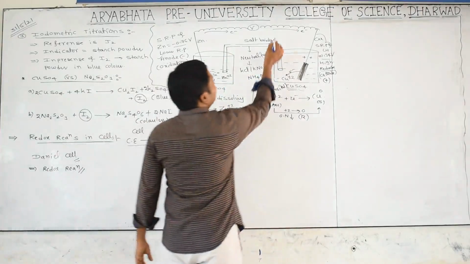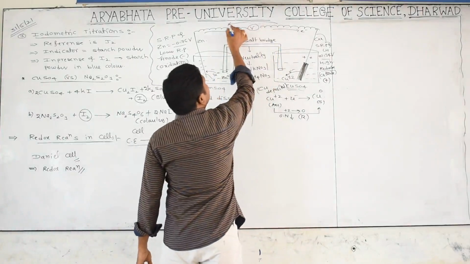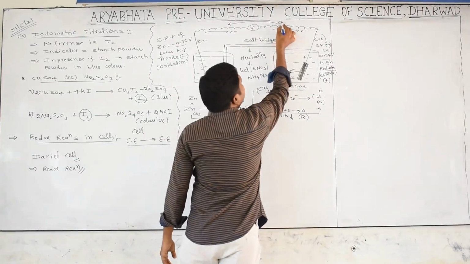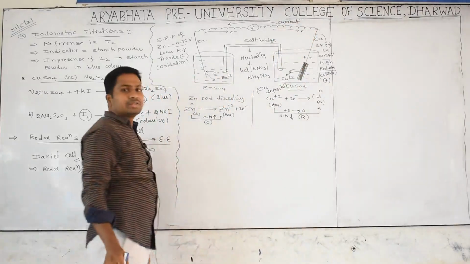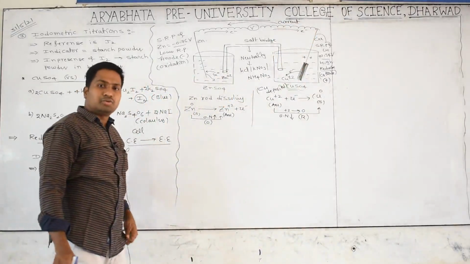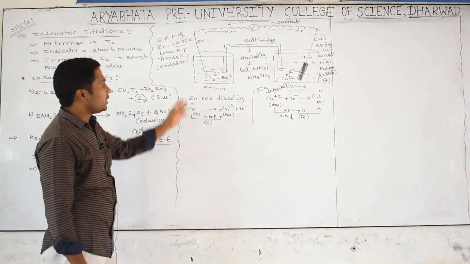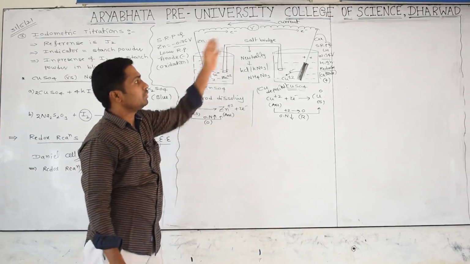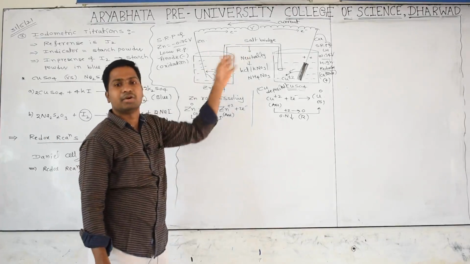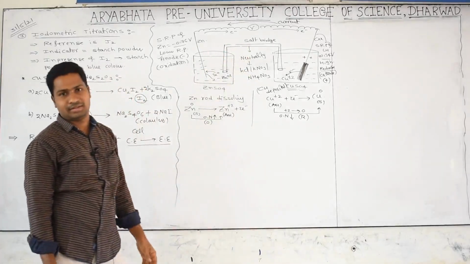But conventionally in physics, according to electricity, this is the current direction. So the flow of electrons and the current direction are opposite to each other. Anyway, here oxidation, there reduction. That's why electrons are continuously flowing from one compartment to another compartment. That only we are calling as current.